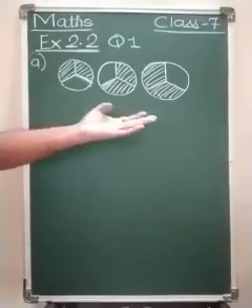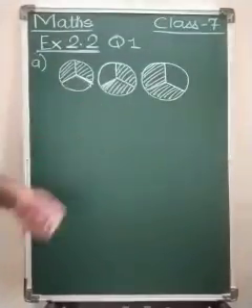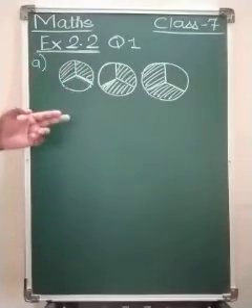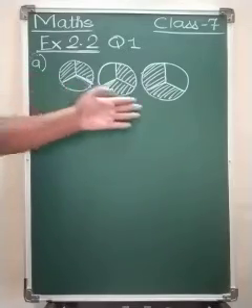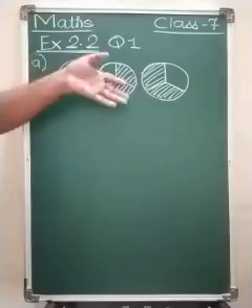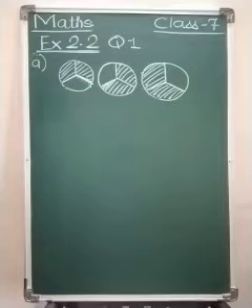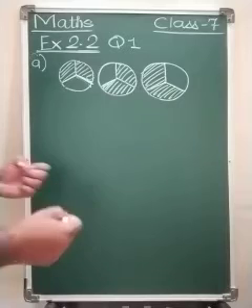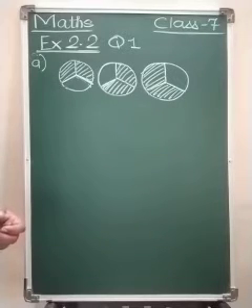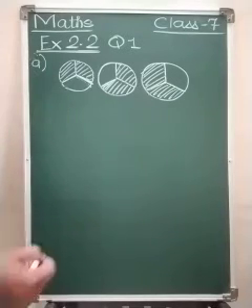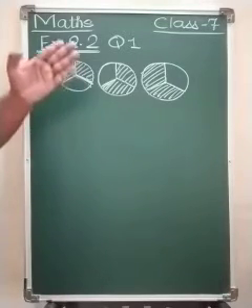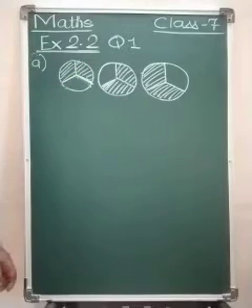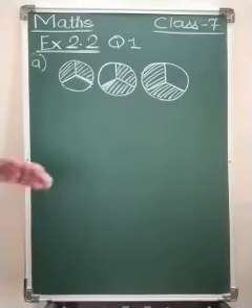Here you can see a picture is drawn, a circle, and in the circle there are three parts, here also three parts, here also three parts. Consider that they are equal. In the drawing they may not look equal, but they are equal. In the question there are figures A, B, C, D, and some expressions already given, like 2 multiplied by 1 upon 5, and we have to match these figures with the multiplication of a whole number with the fraction that they are representing.